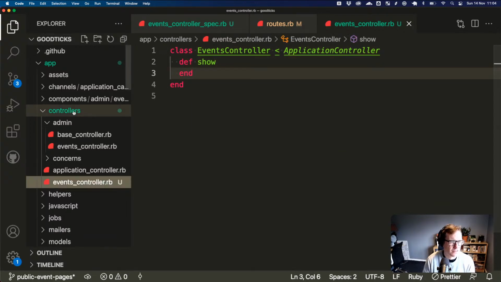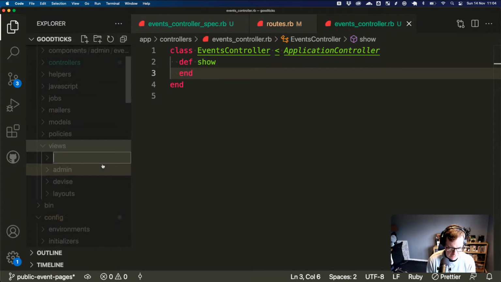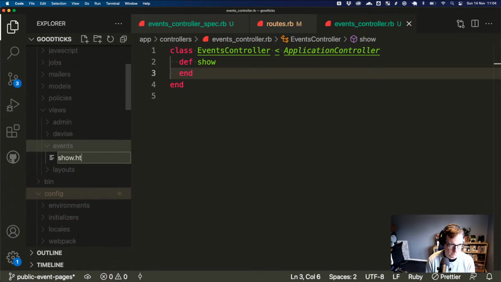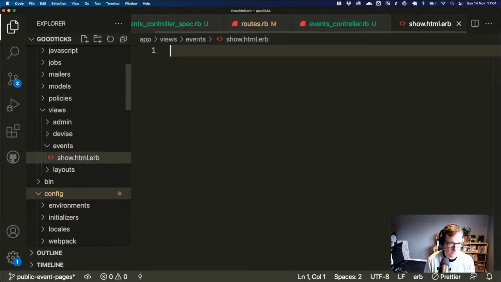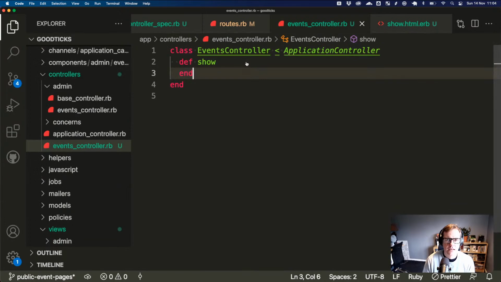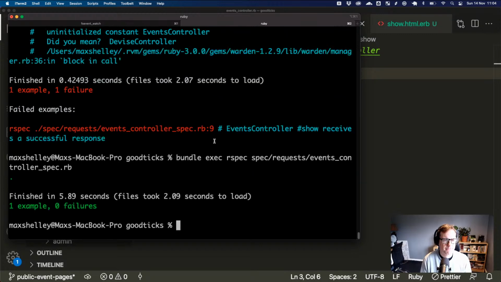I'm just going to jump ahead because I think I'm just going to see another error anyway. We can just add events and we can have a show view. So I think we might get a green test this time. Maybe it's taking its time. Yeah, okay, great. So we've got everything we need there.